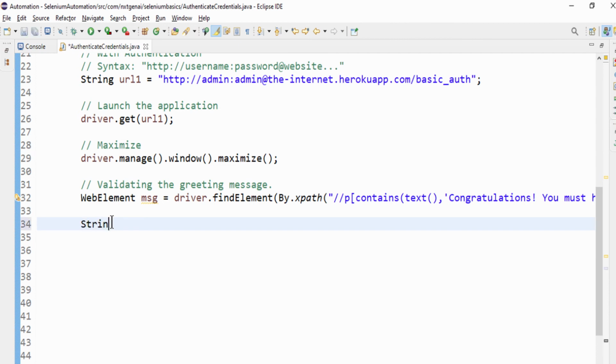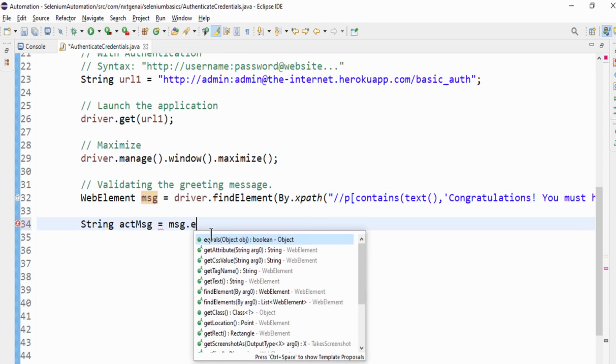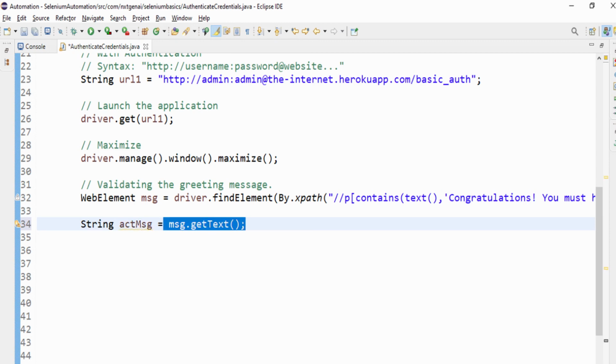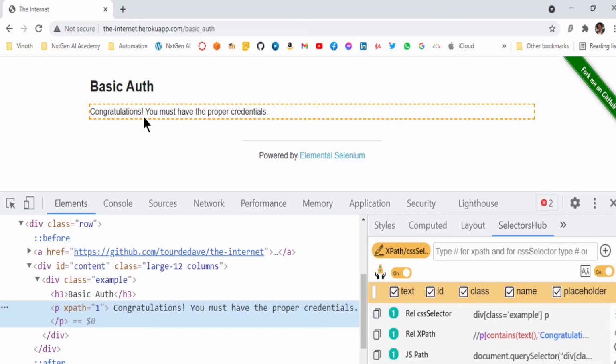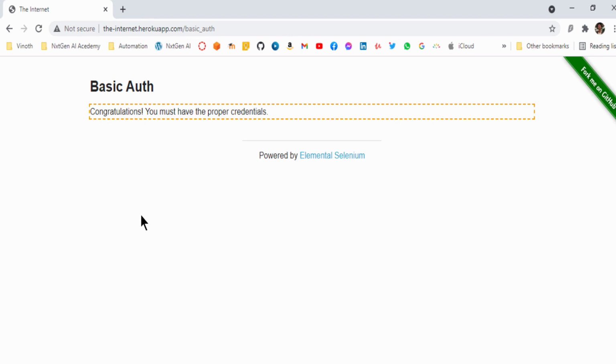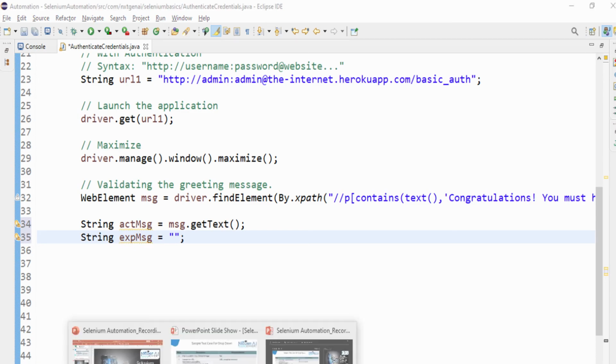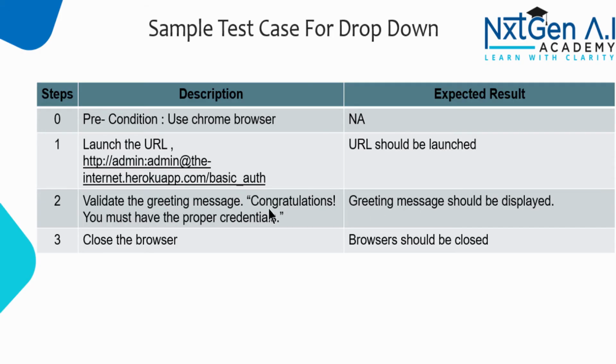The next step, String actualMessage equal to message dot, now we have to use the getText method. Always remember, if you want to retrieve any values from the web page, use getText. String expectedMessage equal to, we already know the expected message from the requirement document. Congratulations, this message you have to pass there.